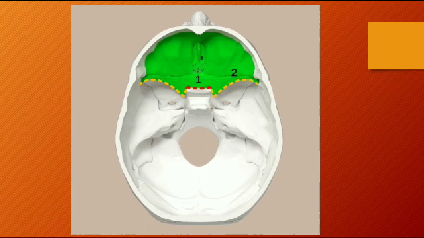And this is the cribriform plate of the ethmoid bone. You can see that it has small holes on it. Why are the holes present on the cribriform plate? Because the ethmoidal nerves can pass through these holes. This cribriform plate has a sieve like structure. Now moving on to the next slide.